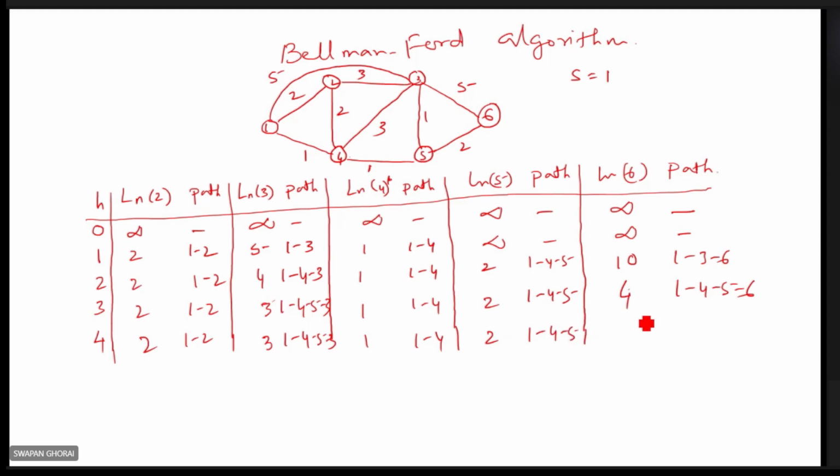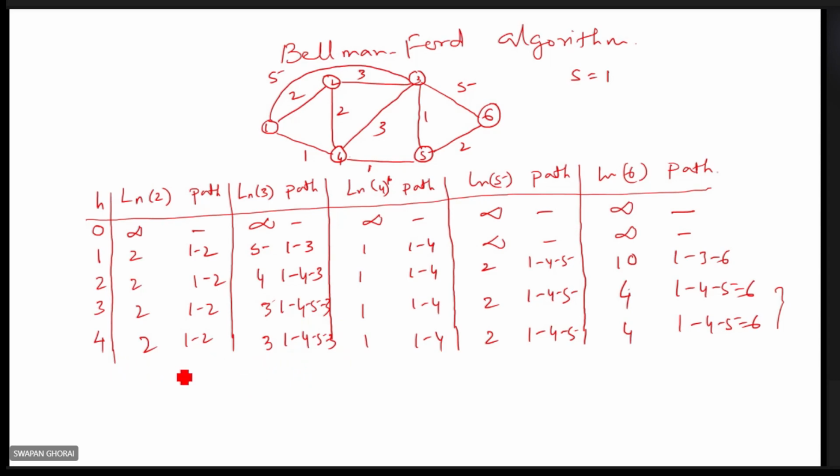Now think about this 6 with the 4 hops. Any other path possible which is less than 4? It's not possible. This is the minimum cost path, 1, 1, 2. So that will be same as this: 4, 1, 4, 5, 6. Now you can see with the 3 hops and the 4 hops, the things are repeated. When it is repeated like this, the program will stop or terminate at this point. So the result is these ones.